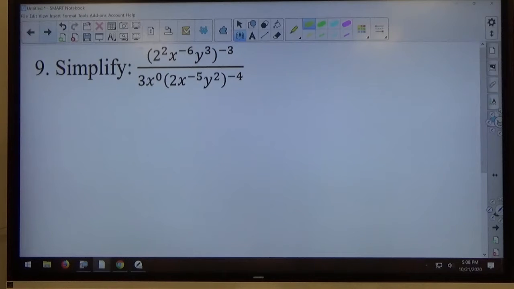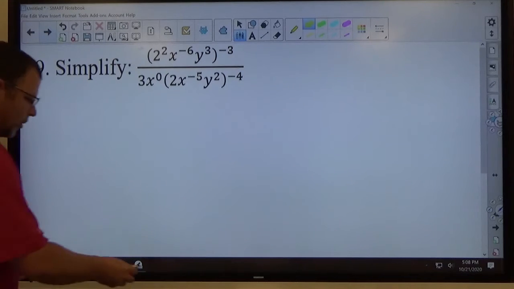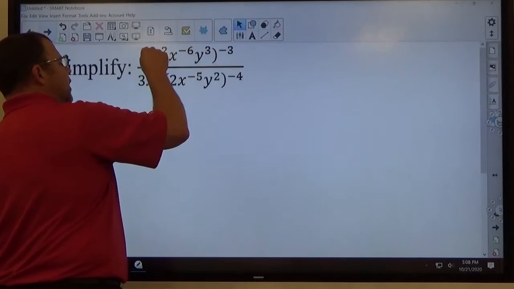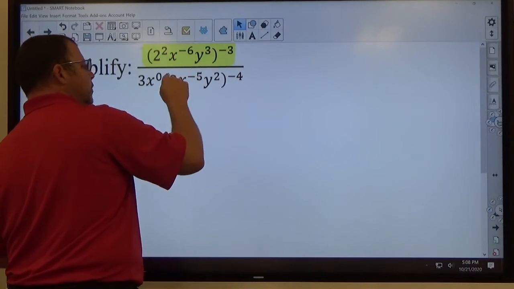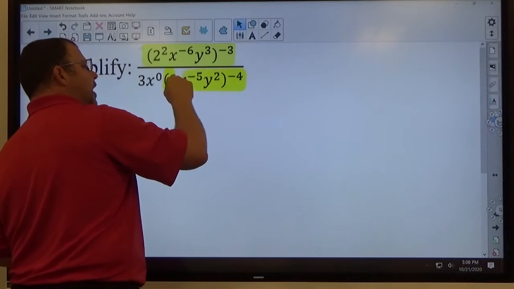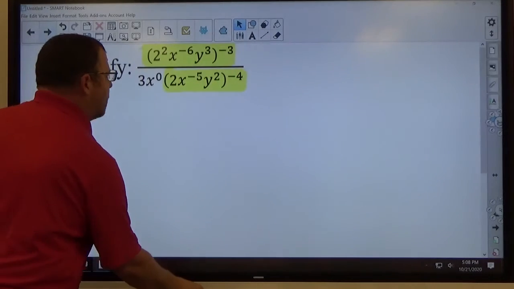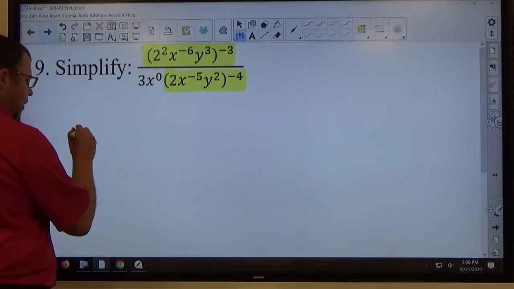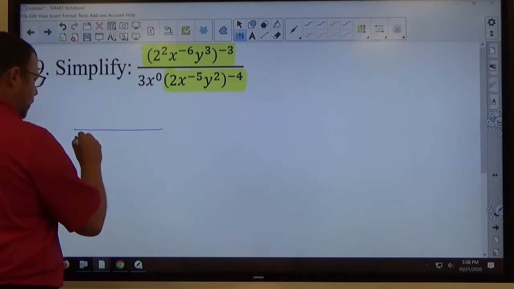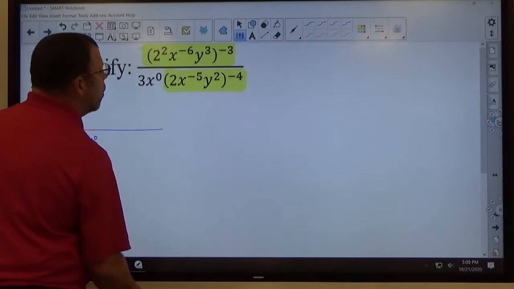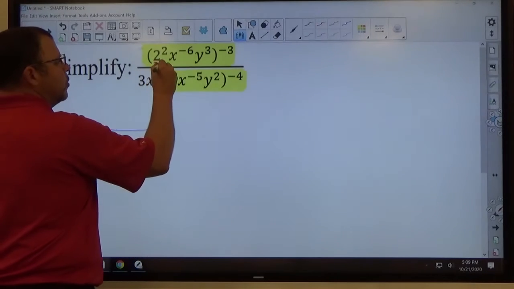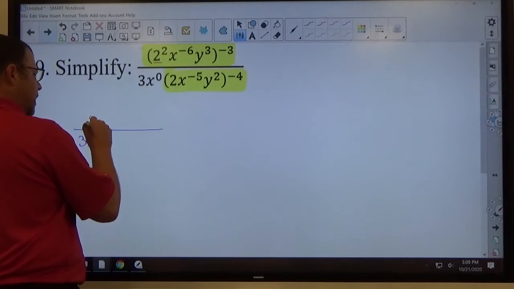All right, for number 9, we're going to simplify this. The first thing that we're going to focus on in a simplification using the laws of exponents is this structure here, where we have parentheses to a power. Anything not looking like that, nothing's going to happen to it. So to start off with, my first step, I'm going to rewrite 3x to the 0 because nothing happens to it. What's in this, I have a 2 to the second power, so 2 is the base,